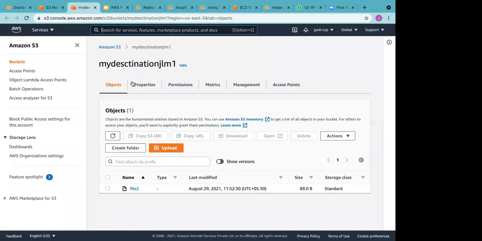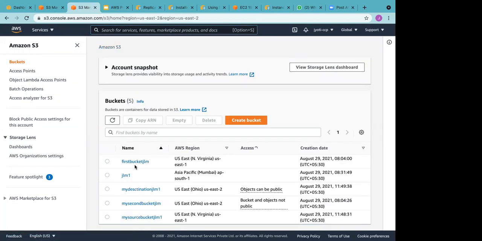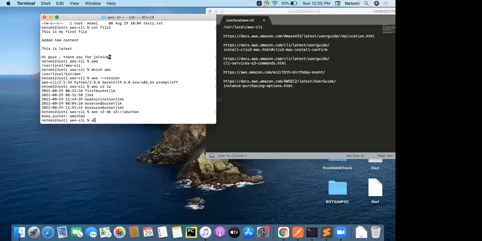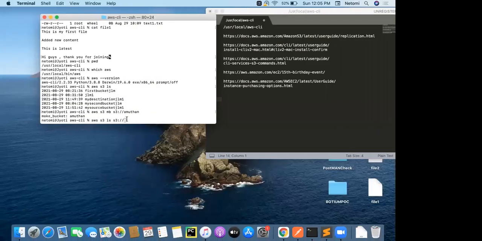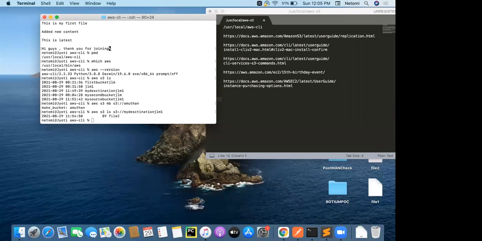So let's try to see the content of this bucket, my destination. So you see a file, which is your object that we had added.